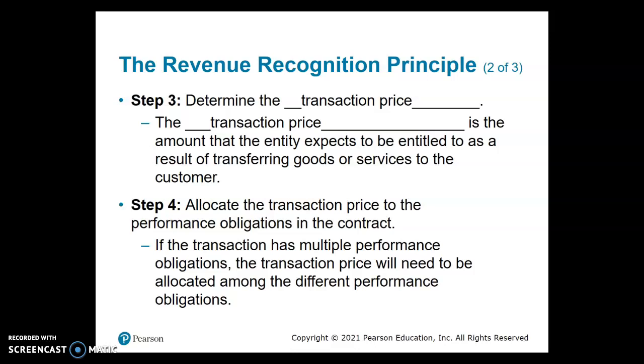Okay, we may not have received all the cash from our customers for the month of June, but remember, we're using the accrual basis of accounting. So we're recording revenues when earned and expenses when incurred. Okay, that goes back to our earlier